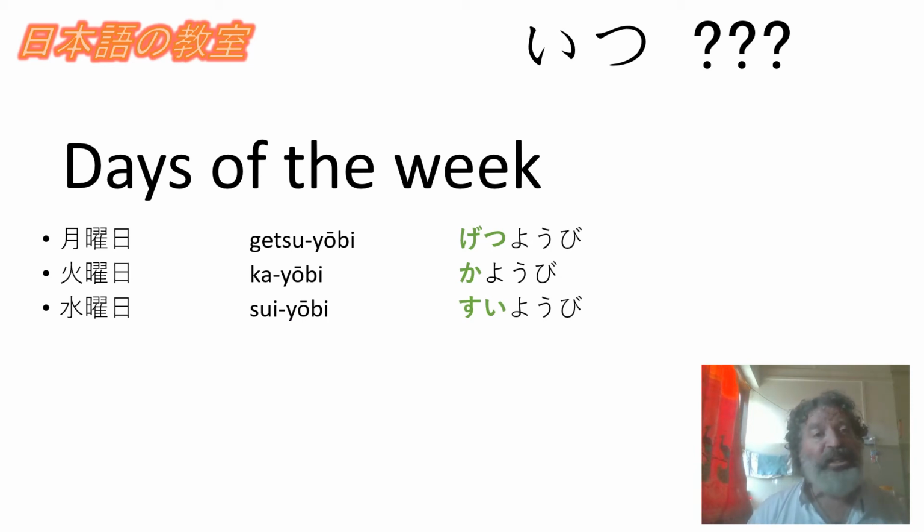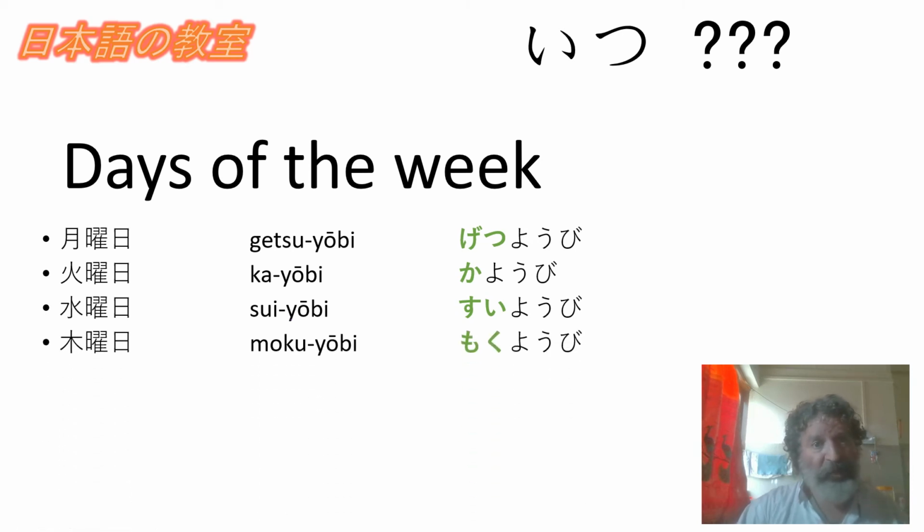And sui is used in so many Japanese words. For example, your plumbing is called suido. There's many words with sui in it. Suyobi, mokuyobi. Mokuyobi is the word for tree. It can be either tree or wood. And it's just like the nihon, the hon in nihon, except the hon in nihon has a little line down here at the bottom. And this is like a picture of a tree.